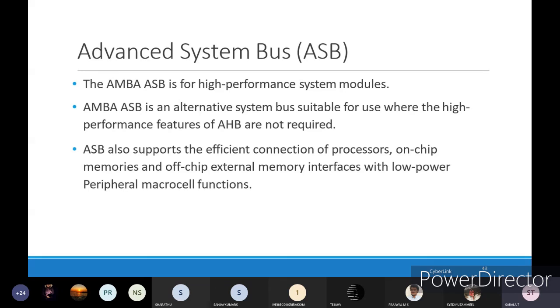In the areas where high speed or high performance is not that much required, and medium performance is needed, at that time you will go with the Advanced System Bus. ASB also supports the efficient connection of processors, on-chip memories and off-chip external memory interfaces with low power peripheral macrocell function, same as your AHB function.